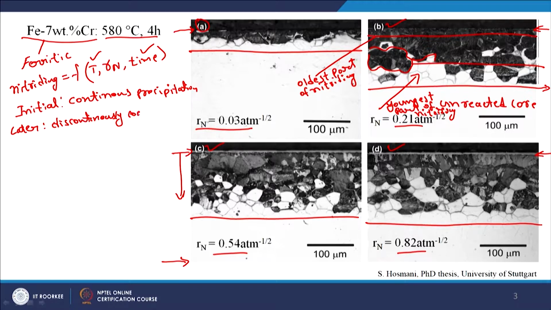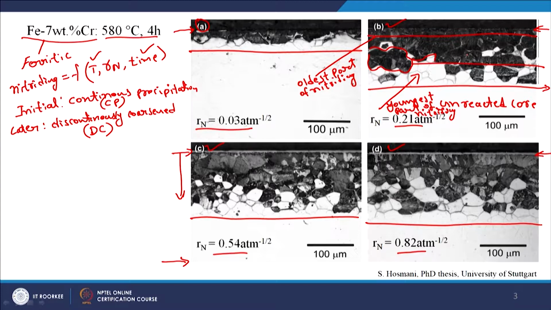discontinuously coarsened region. Okay. This is called CP, with the abbreviation, and this is usually termed as DC. You have this continuously precipitating layer developing initially, and then later some other reaction starts, that is the discontinuous coarsening, and that is what leads to these dark-appearing regions after etching.